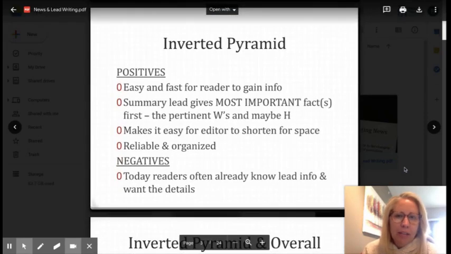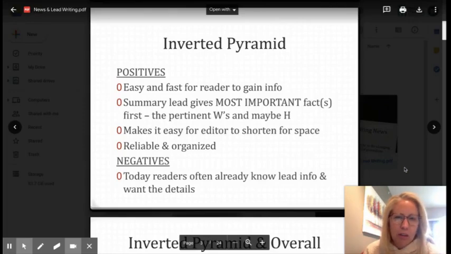So as I've kind of talked about, the positive of the inverted pyramid is that if you just read the first few paragraphs, you're going to get the gist of the most important information. It has a summary lead, which means it's summarized the who, what, when, where, why, and how. It is easy to edit for space, which with websites isn't as big of a deal, but that's why it was created. It's reliable and it's organized. Everybody knows where the most important information is going to be and that there's going to be a mixture of